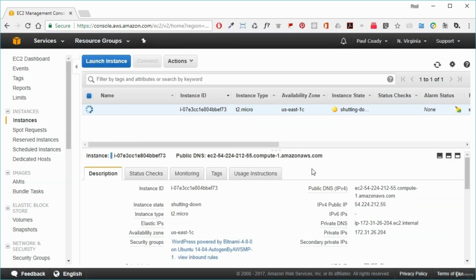Okay, so after a certain amount of time, and it will take quite a bit of time, that will go from shutting down to terminated. So that's all that we need to do now. Again, there's a lot more to the EC2 service that you need to know, but for now, I think you've got a good idea of how it all works. So it's now your turn to go and grab the lab notes and do it all yourself, and I'll see you in the next one.